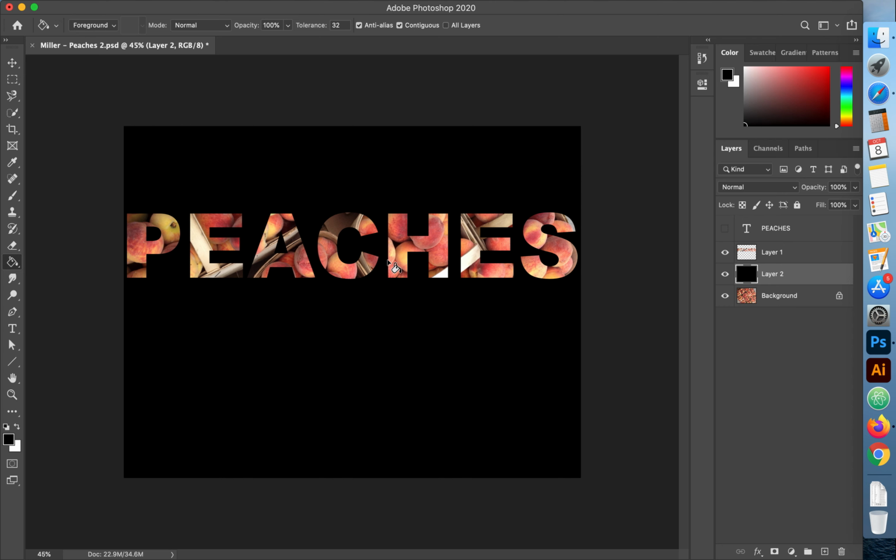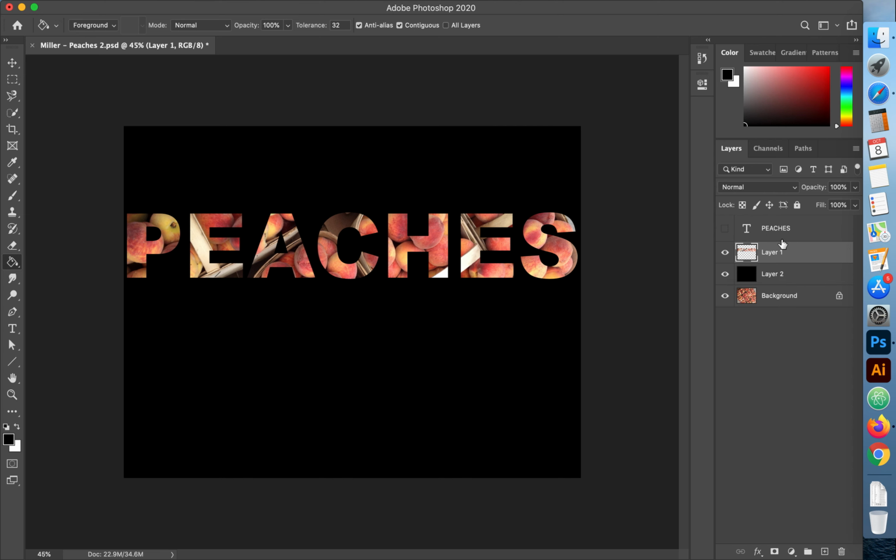The last thing for this project we're going to do is create some layer style by adding an outline to this text to make it stand out just a little bit more. And to do that, what we're going to use is the stroke setting inside the layer style. And to get there, we're going to go to the top menu up here. We're going to click on, well, first we have to click on our layer 1 because we want to make